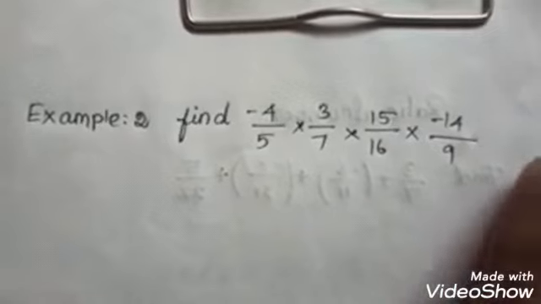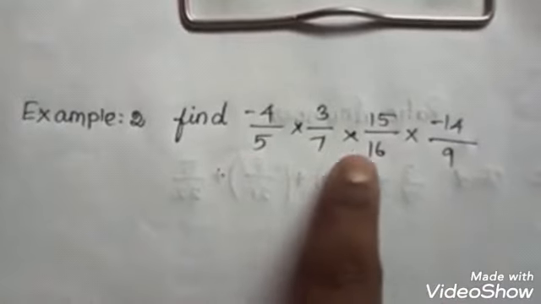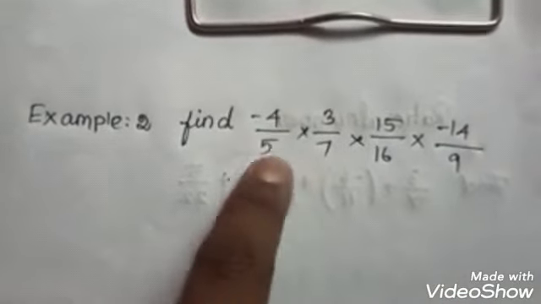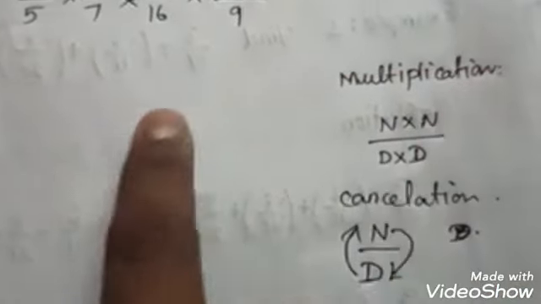So in the previous example we saw addition and subtraction using the symbol. Here all are in multiplication. Before I find the solution, I have to show one condition for multiplication and cancellation. For multiplication, you have to multiply the rational numbers. The numerator is multiplied with the numerator and the denominator with the denominator separately. You no need to multiply numerator to denominator and denominator to numerator. In a multiplication, you have to multiply all the numerators and all the denominators separately.